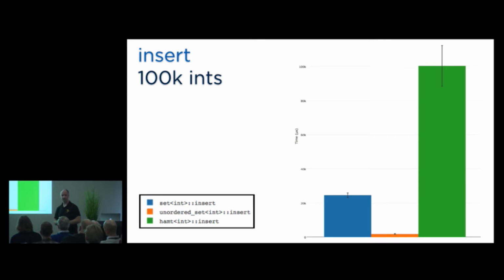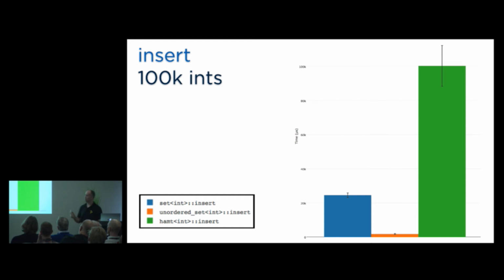There are some optimizations you can apply, which I've done very successfully in my red-black tree implementation before, which mostly involve a form of copy on write. If nodes are not shared, you can actually mutate them in place because no one outside has seen them yet. I haven't done that here yet. I'm fairly confident that will bring it down to at least the sort of level of std::set and hopefully closer to unordered_set, but I can't quite prove that yet. So there's some asterisks around this one, but that's insert. So let's have a look at lookup then.